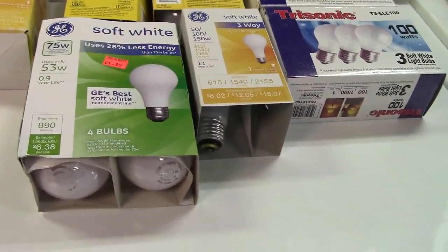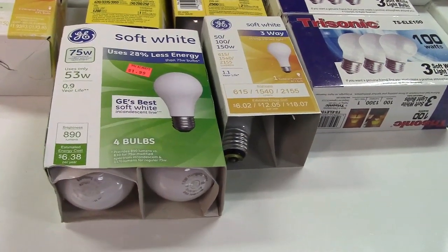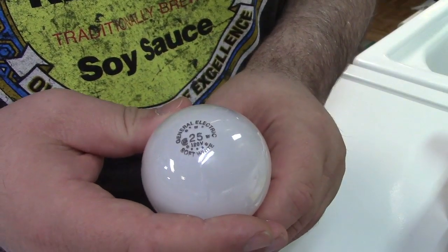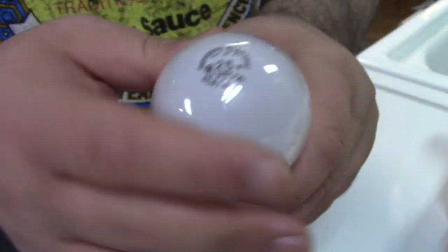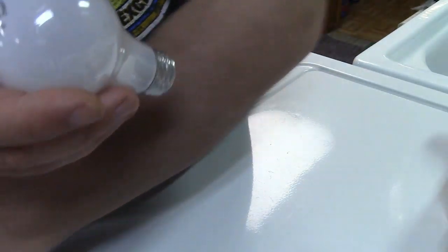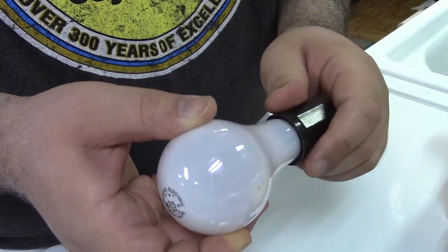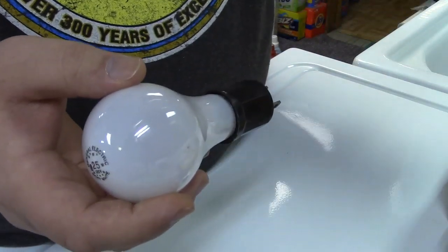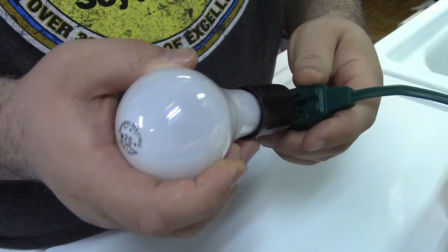So anyway, let's take these out of the box one at a time and see what they do. Alright, we'll start with this GE 25 watt. You can see the etch there. It's not really an etch, it's more painted on as far as I was ever concerned. But that's what Parrot 175 says. If you like light bulbs, then you can go and check his channel out. Not that I endorse anything, but